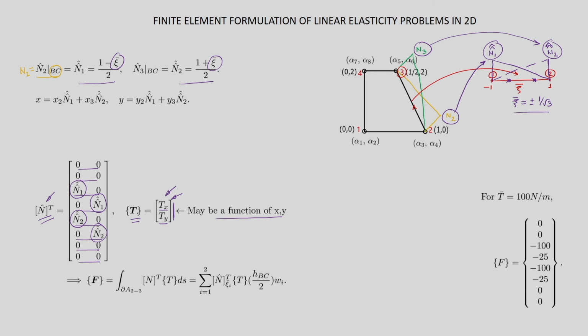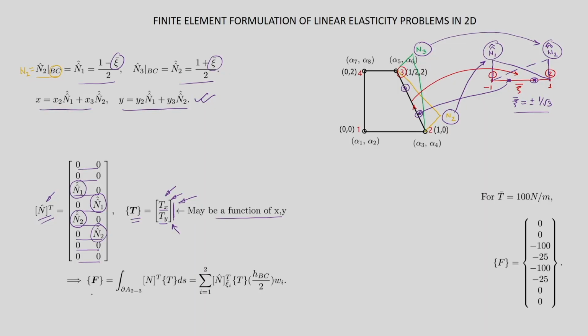But if t is defined in the domain as a function of x y, what do we have to do? First we have to find the corresponding physical point on the edge. If this is the first Gauss point, we have to find the corresponding physical point on the edge, and similarly for the other Gauss point, we have to find the corresponding coordinate in the physical element. How will you do that? We will use these relations. This I have already discussed. So we can use these two equations to find the corresponding point on that edge, and so we can evaluate this t at those Gauss points.